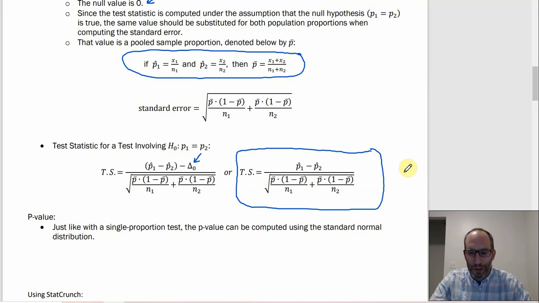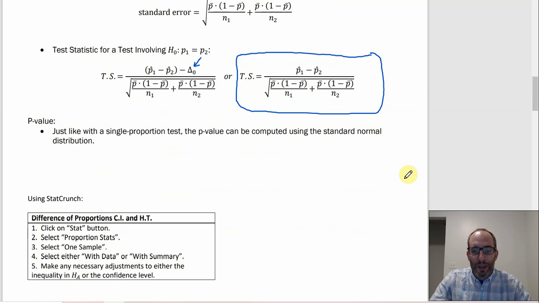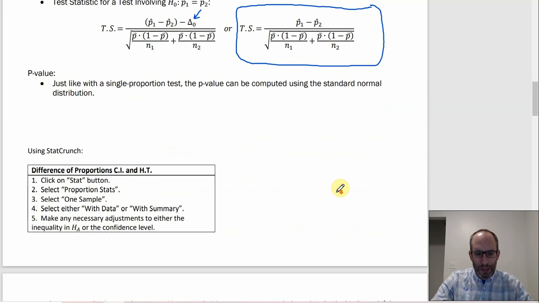But for what we're going to do, it's just going to be a 0. And that's by far the most conventional thing to do. So let's see. Then you would use the standard normal distribution to get the p-value just like before. And if you were going to use StatCrunch to grind out all the algebra, basically you would do everything except